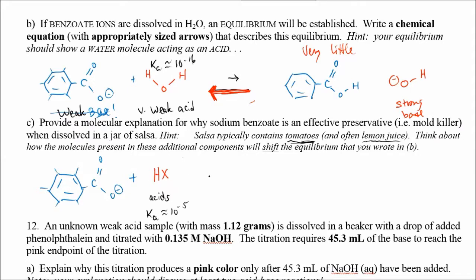What does that mean? It means that the arrow that used to be pathetically small going to the right is now quite decent. HX is a willing donor. Benzoate is a willing acceptor. We've got a decent reaction going to the right. So the products are very similar. Products will be benzoic acid